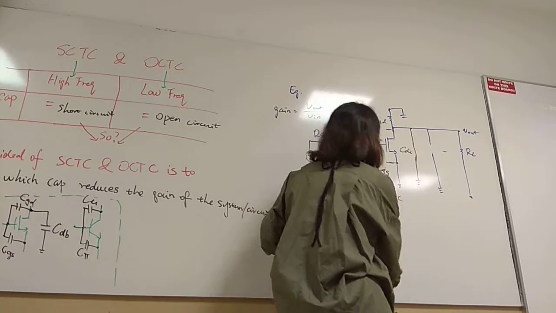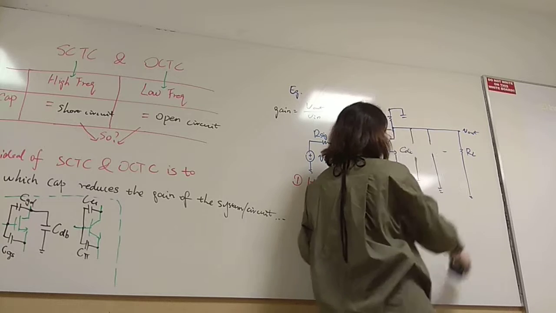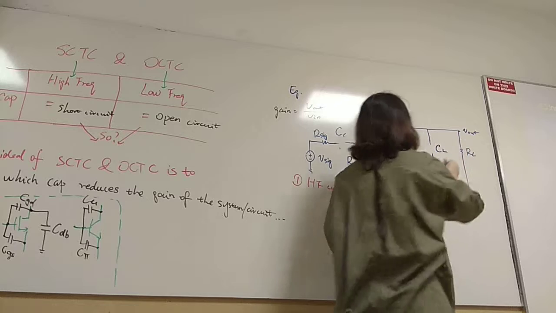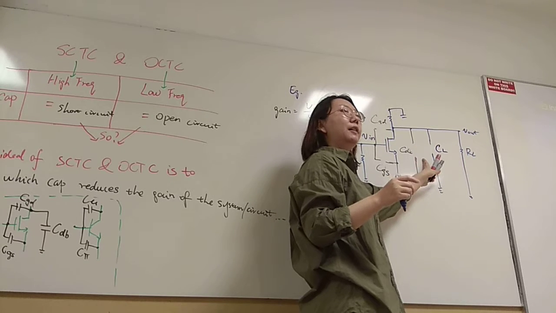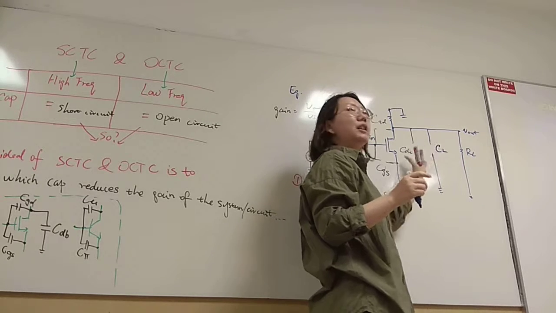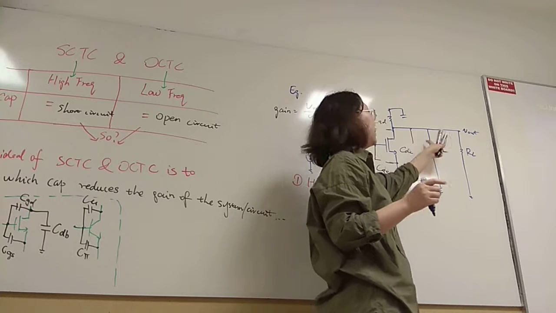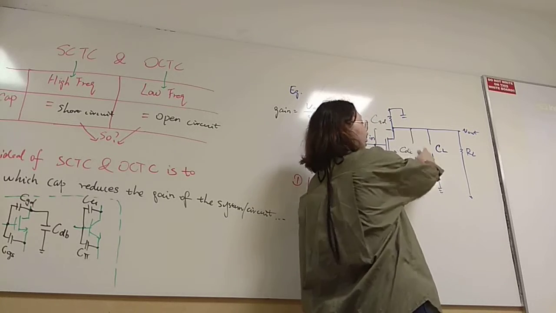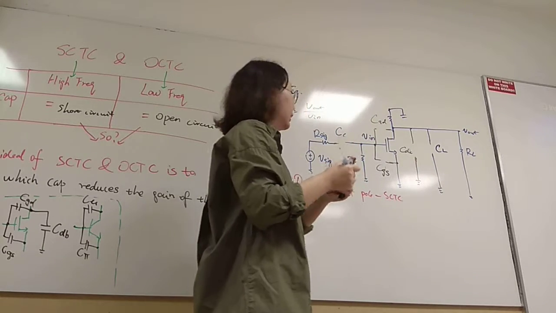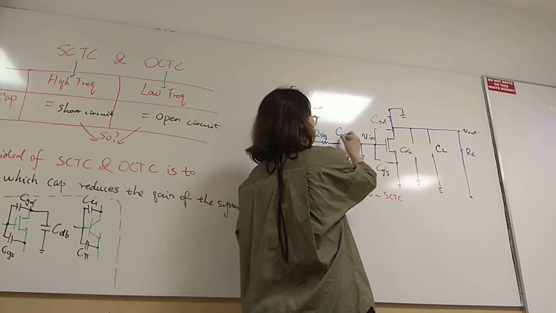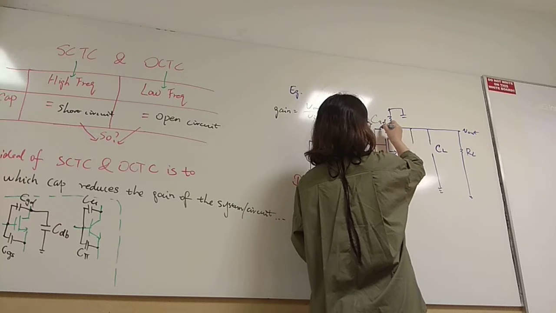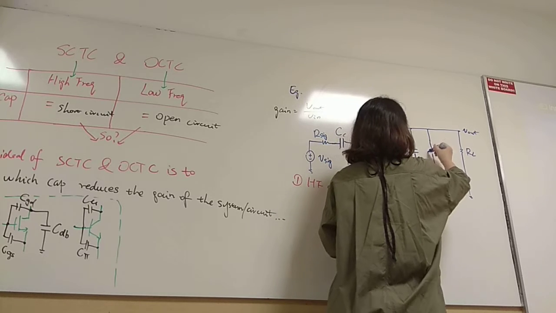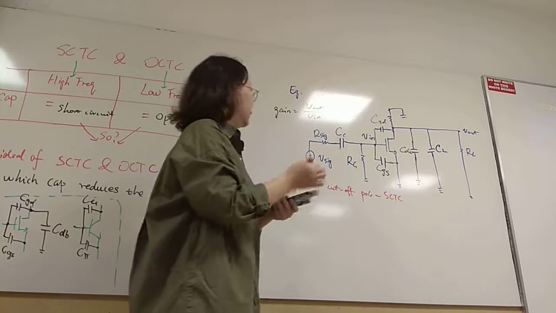Then you do the same thing to your CL. The CL is here. As you can see, your CDB and CL are actually in parallel, right? So they have the same effect. If you short your CL, your V out will be connected to the ground. So the gain is actually dropping. So CL is another troublemaker. So now we put all the capacitors back. After you get all the troublemakers, you need to remember